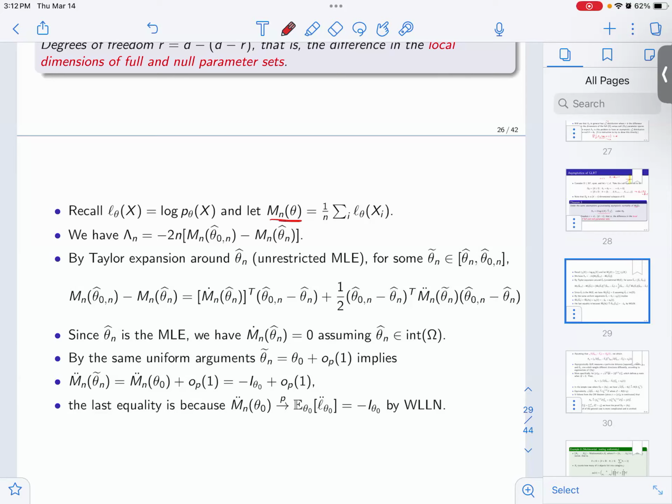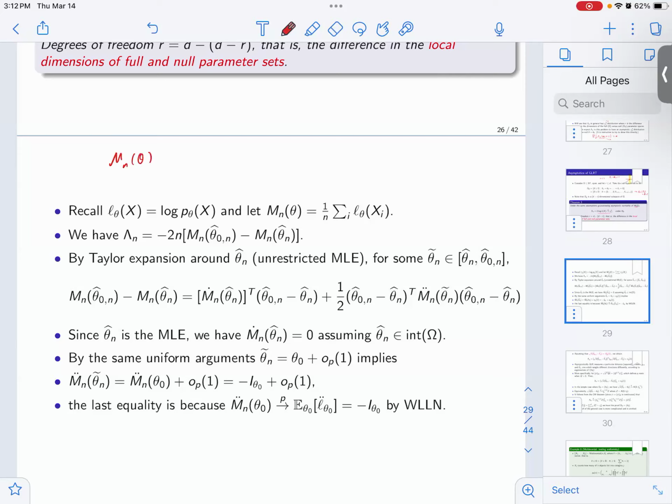So you're evaluating it at theta hat n, you're evaluating theta hat naught n. This is like restricted MLE versus MLE. And so that would be the expression that you have for the lambda n. And then, as usual in these arguments, you do a Taylor expansion. So we're going to do a Taylor expansion around the unrestricted MLE. So I'm going to expand basically m